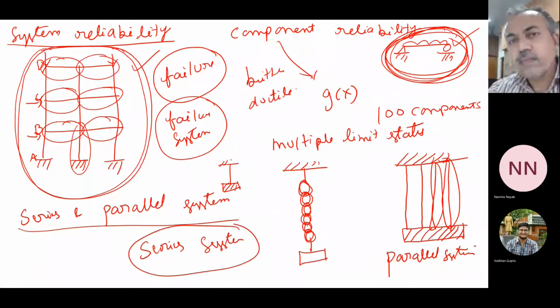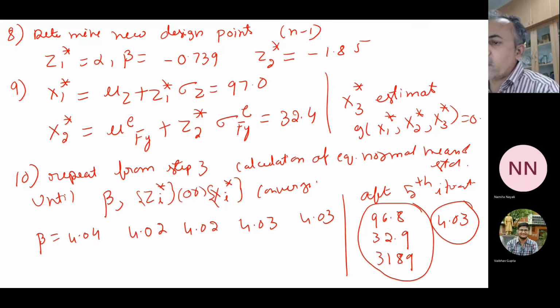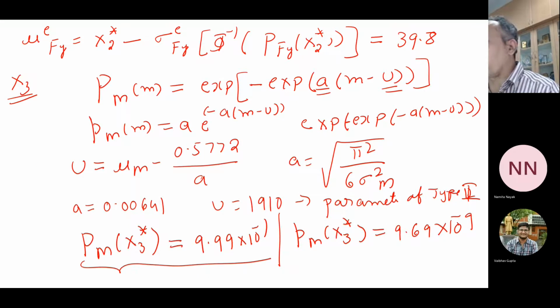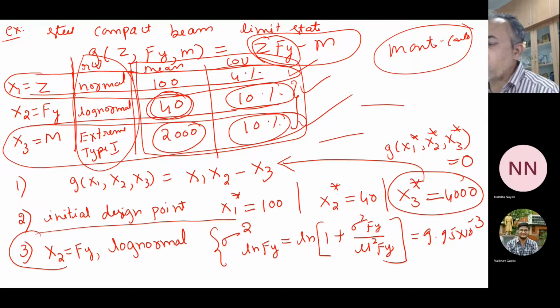Anyway, so last class, of course, we have discussed how to calculate the reliability indices. This is applicable even for non-normal variables, like Hasofer-Lind we have seen, then Rackwitz-Fiessler procedure we have seen. These are essentially the basic equations that come from constrained optimization. You have to do it in an iterative format, and then you can calculate all the reliability indices. You have to assume a design point, and then do all those things.